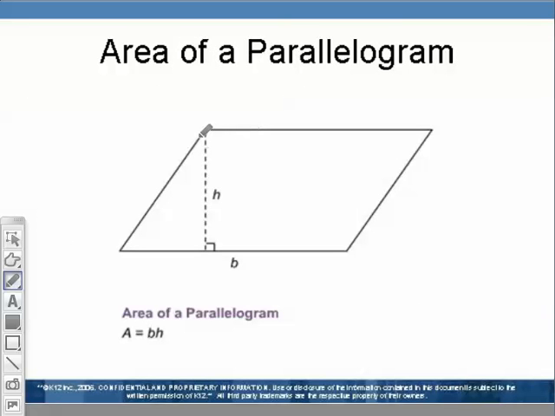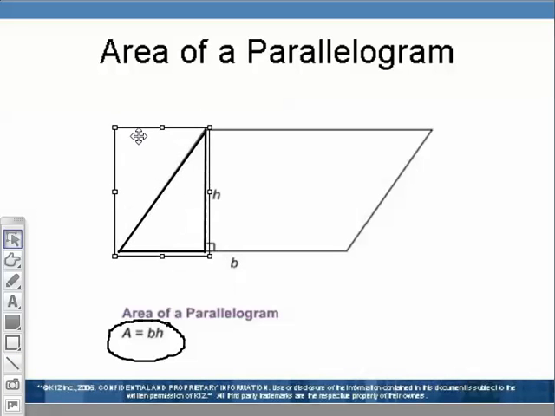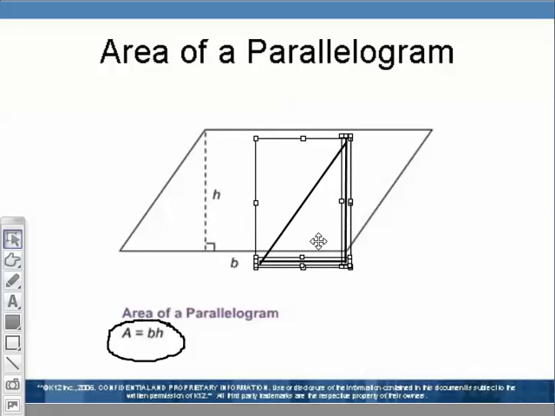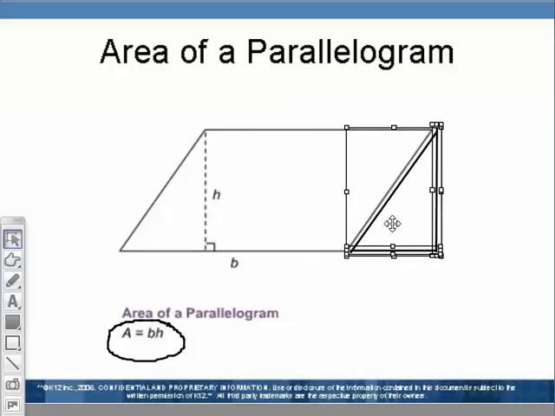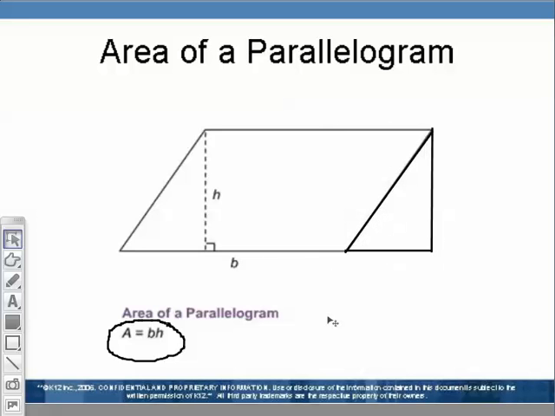Now, when we look at just regular parallelograms, we go back to this base times height formula. And the way we got that was really quite interesting. If we look at a parallelogram, we know the sides are parallel, right? The opposite sides are parallel to each other. But did you notice that if I took that triangular portion that's right there and move it to the other side of the parallelogram here, like that,